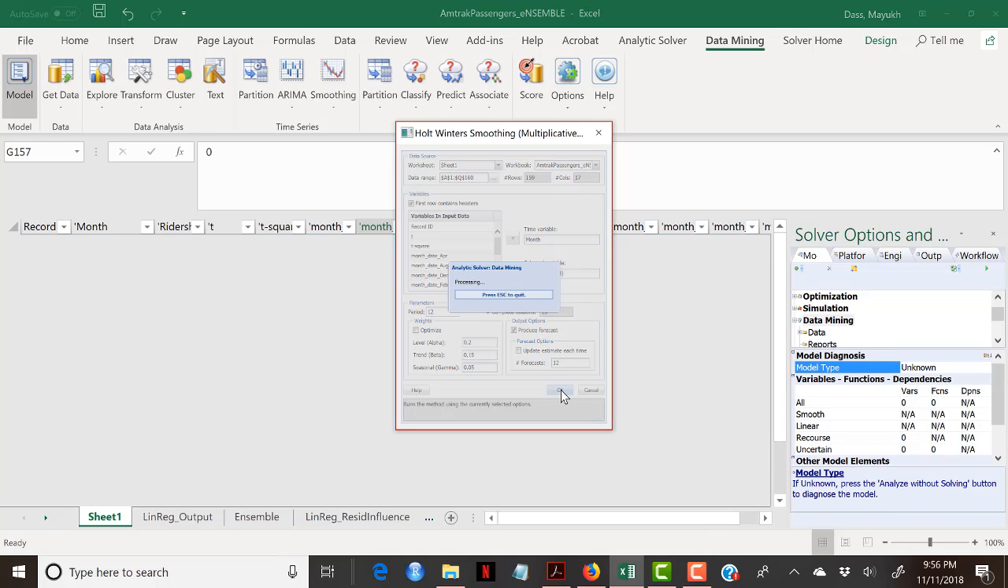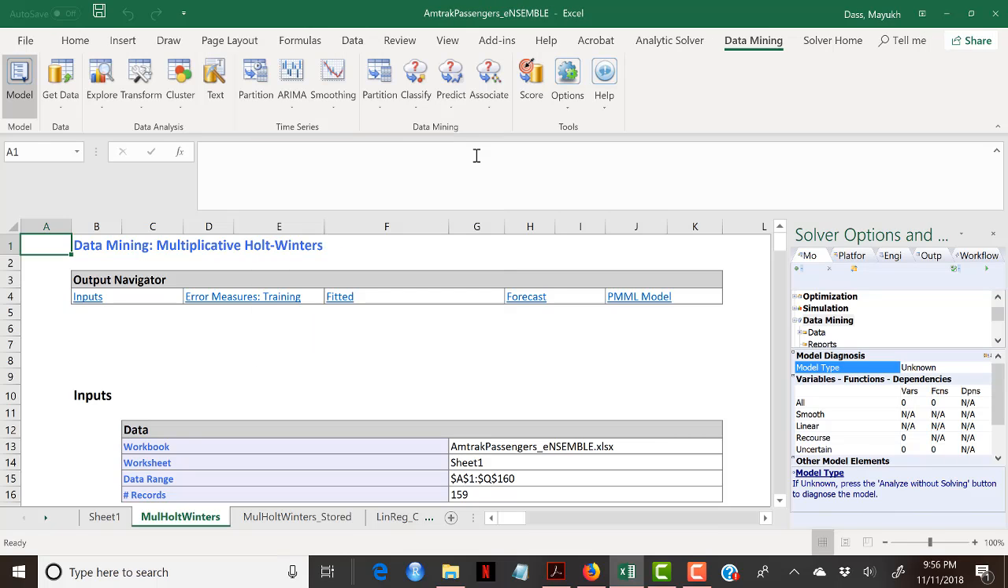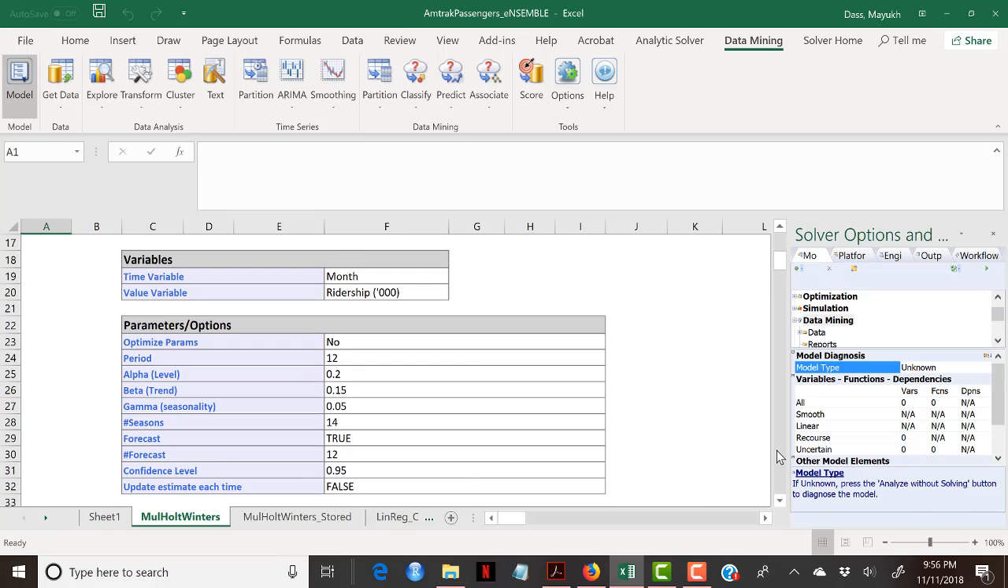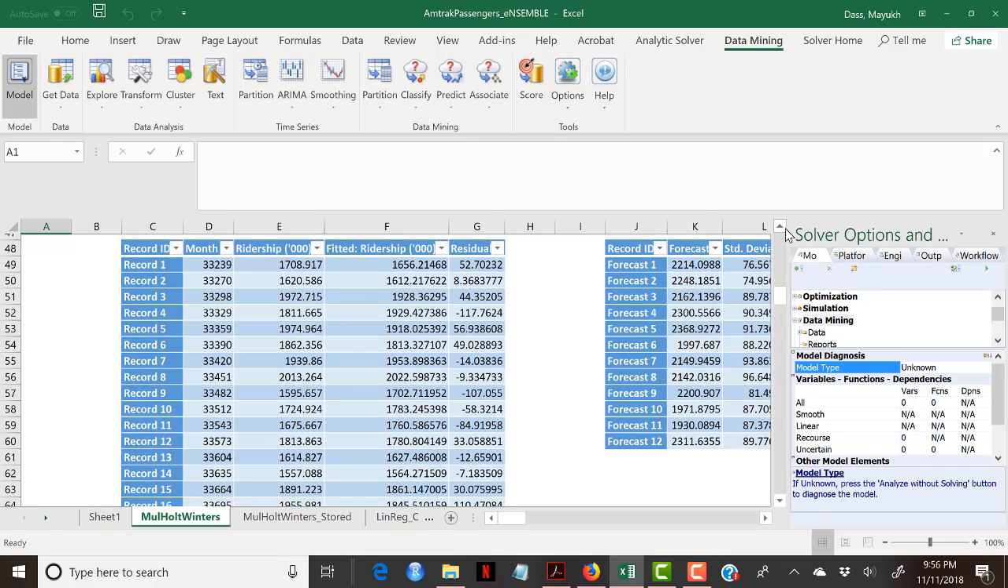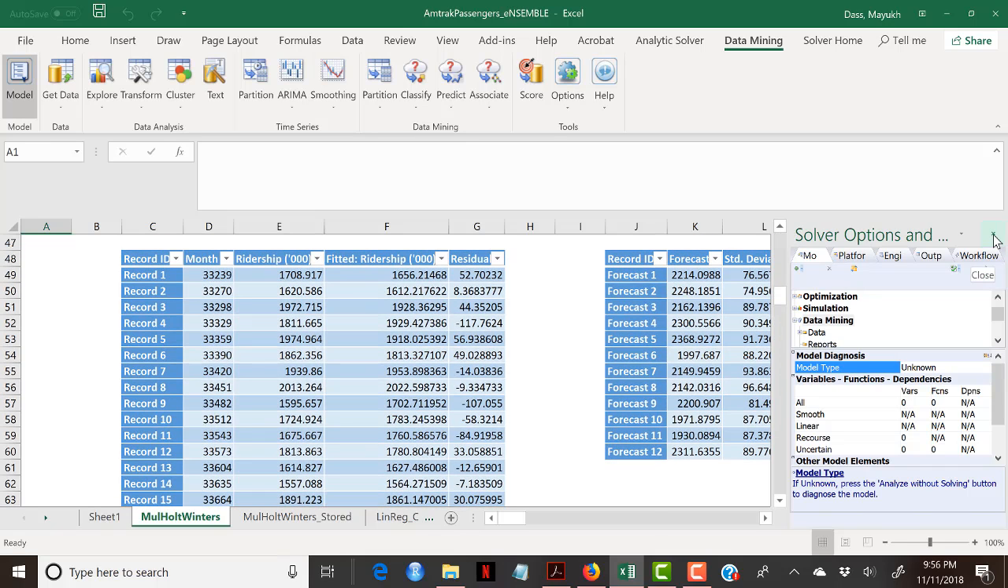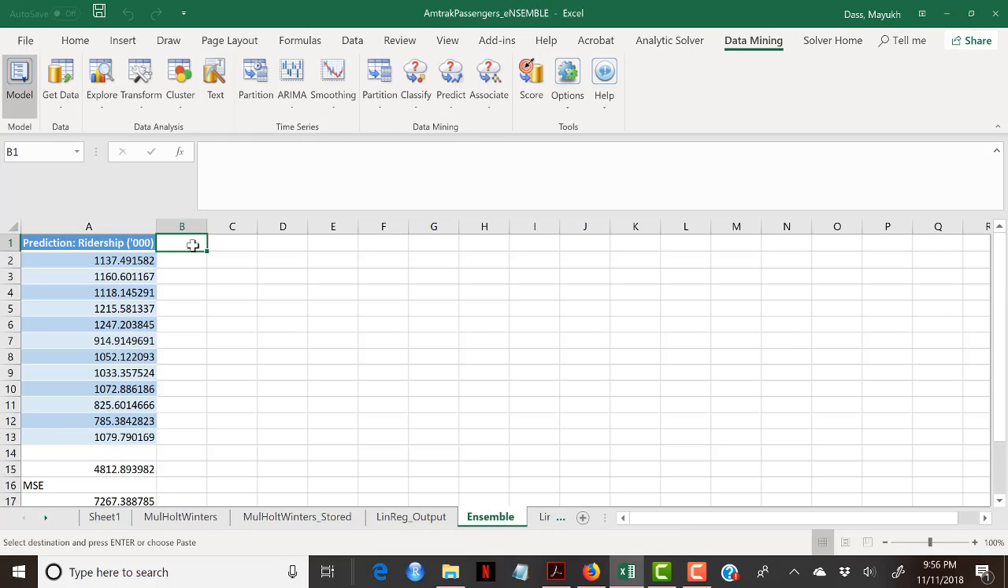When I run this, I get the 12 values under the spreadsheet called Mult Holt Winters. And so here are my 12 values, as you can see on the right hand side. Let me close this. So here are my 12 values from Holt-Winters multiplicative. I'm going to copy these 12 values and paste them under ensemble,